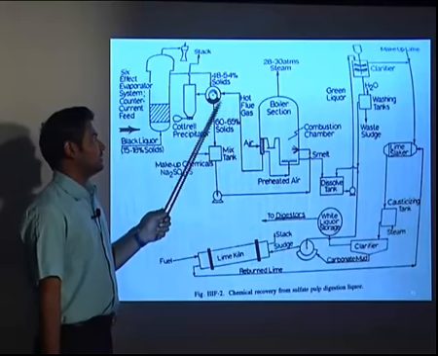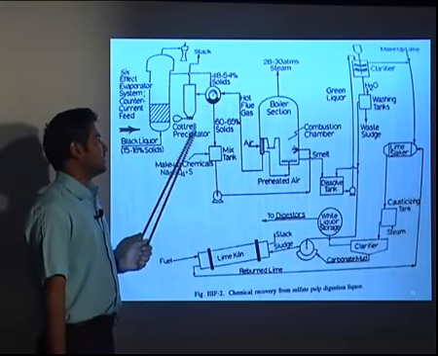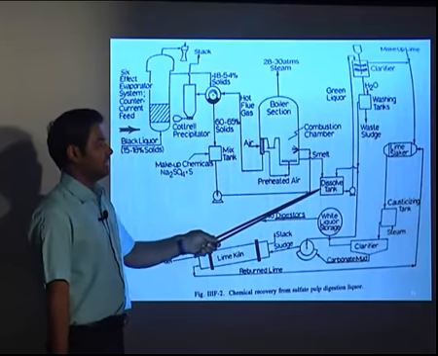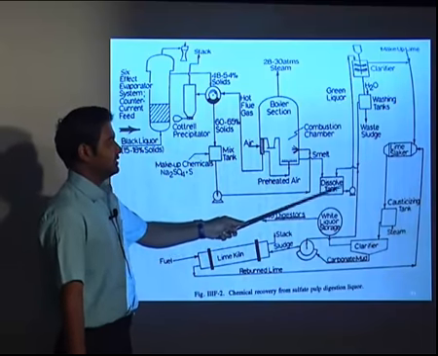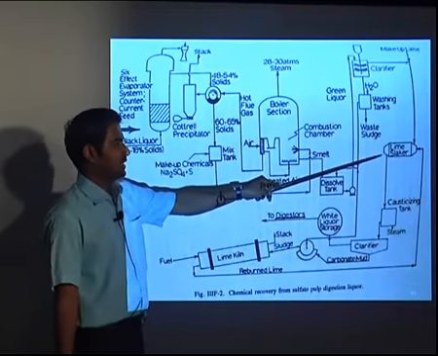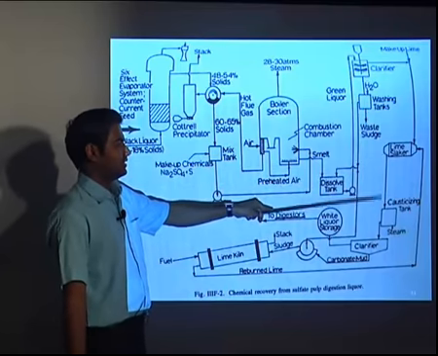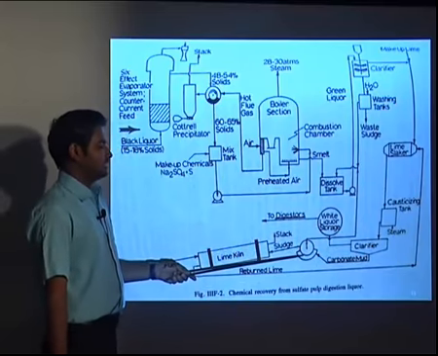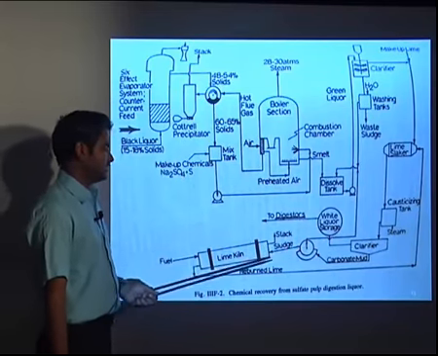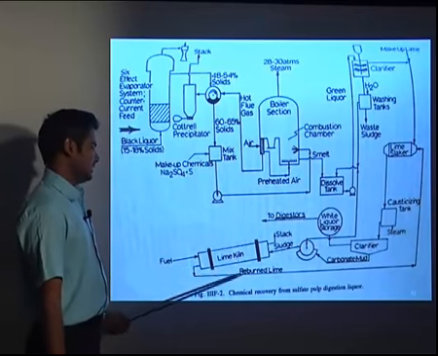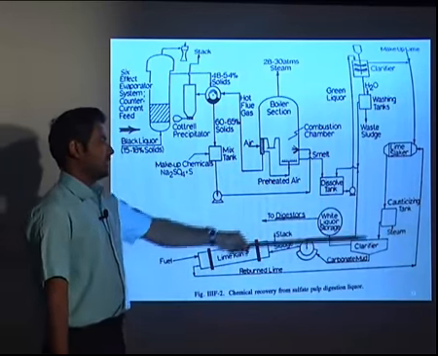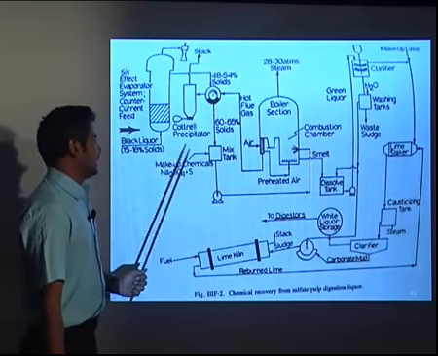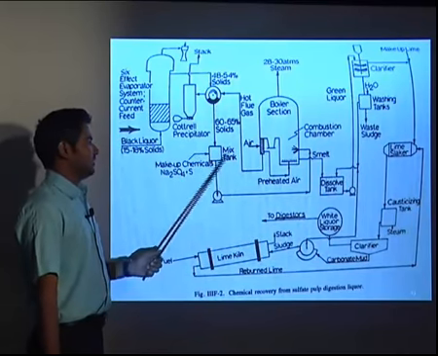The hot flue gases we can recirculate, and we can separate them in the electrostatic precipitator. Then the material which is converted into non-toxic form we will have in the dissolving tank. Then we will send it to the washing tank and to the lime slaker, where the lime and the causticizing agent will be added to them. Then we will send them to the clarifier, and the carbonated water which will filter them, and then the sludge which comes, we will send to the lime kiln, and the reburned lime we are sending back to the lime slaker. So here we are recovering the chemicals again, and here we are adding the sodium sulfate for the digestion of